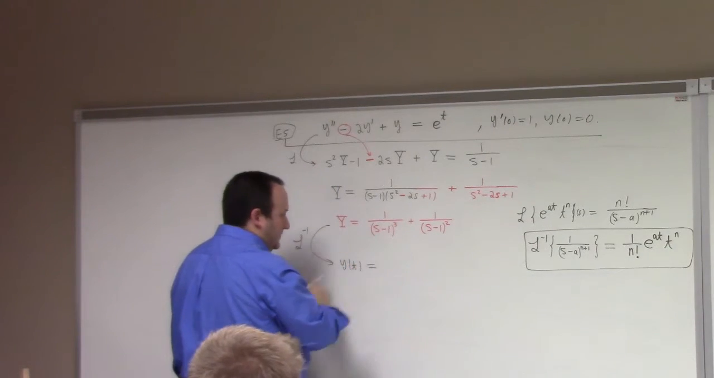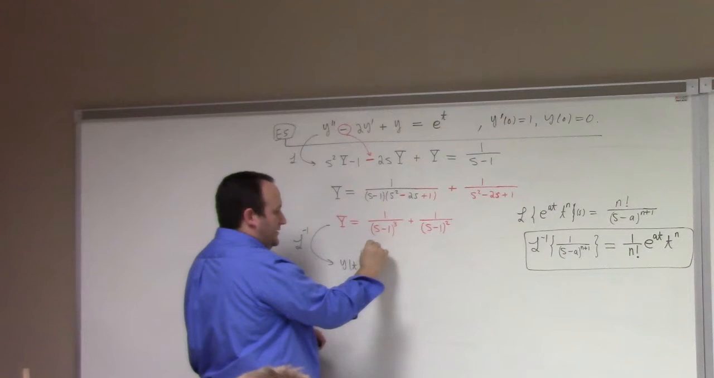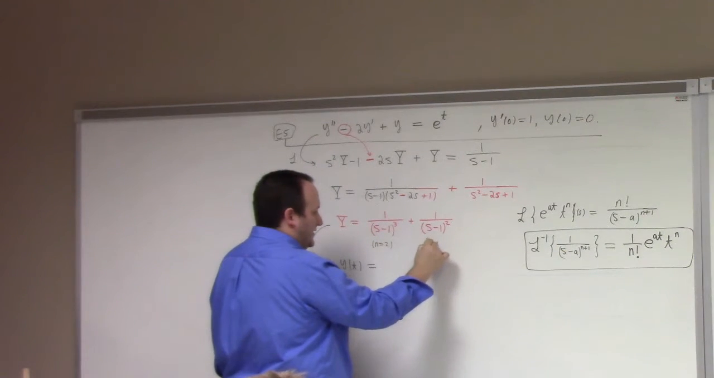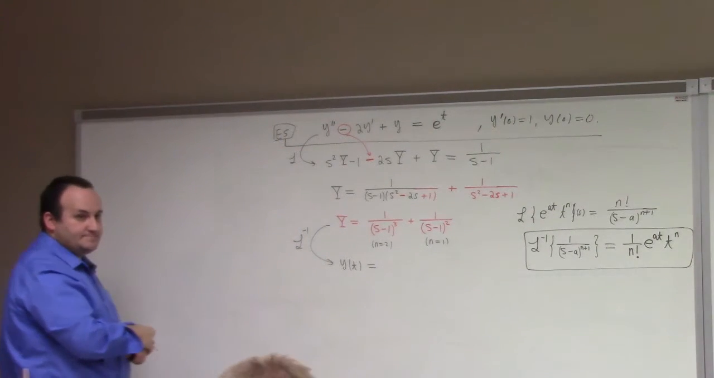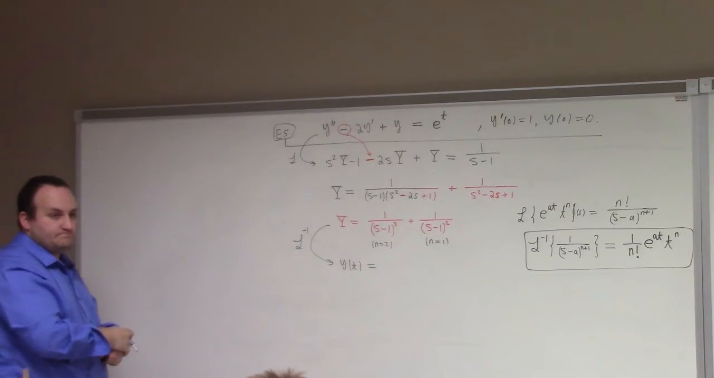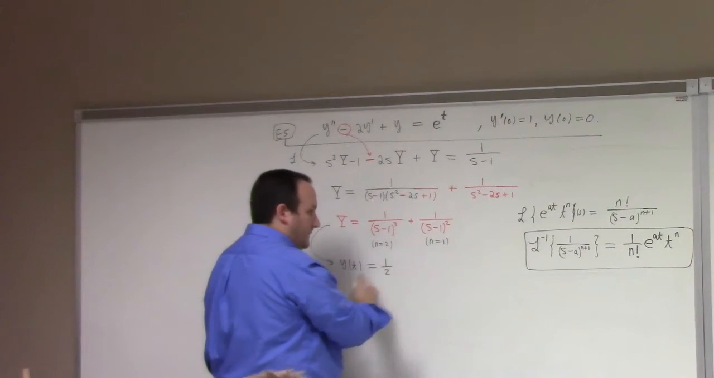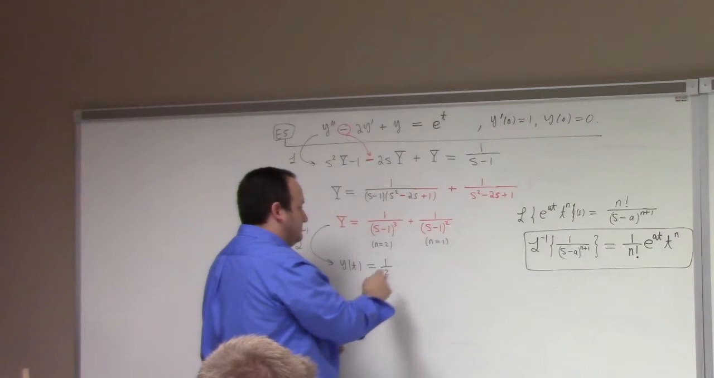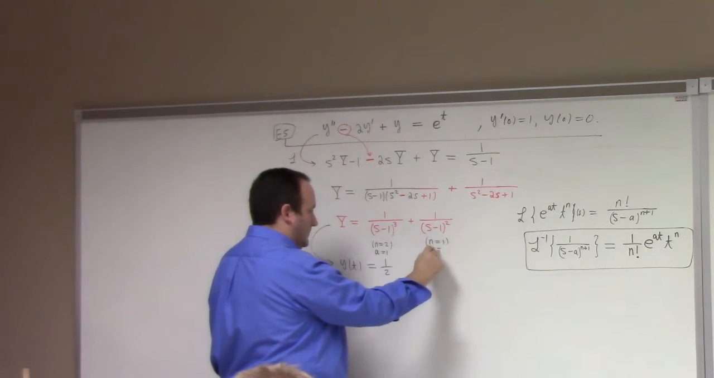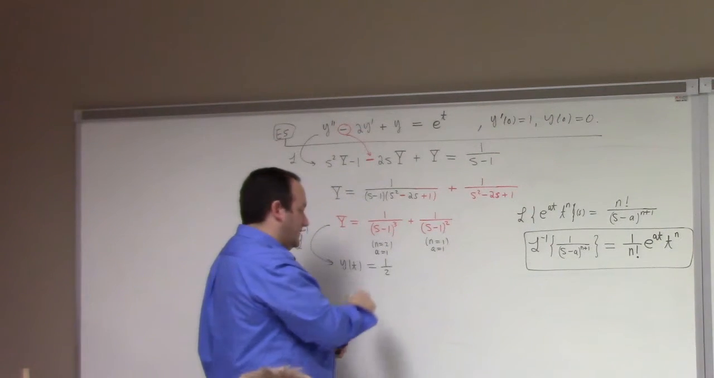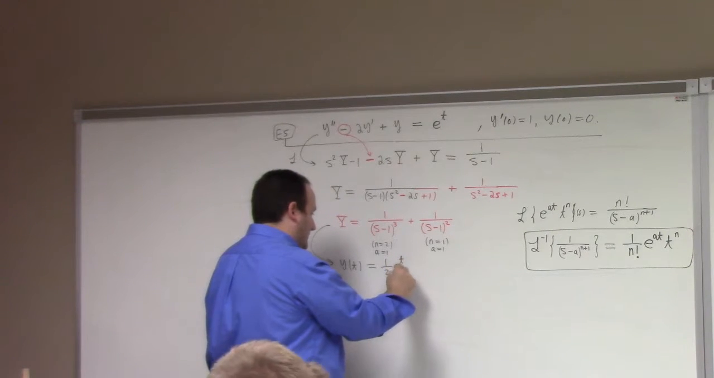Y of t equal to... This is n equals 2, right? This is n equals 1, because we're looking for n plus 1, right? So I got 1/2, and a is equal to what? A is 1 in both cases, right? So I have 1/2 e to the t times t squared